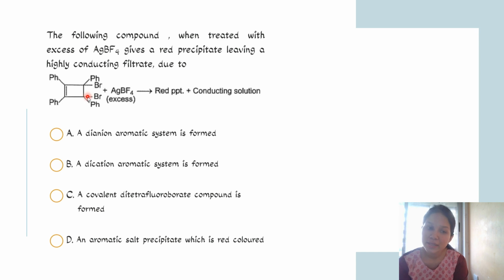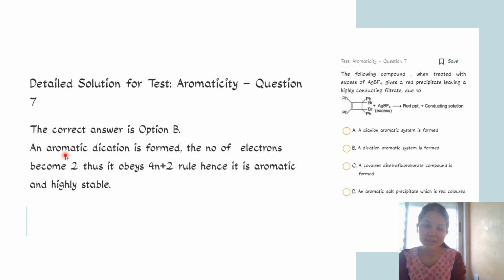Due to the electronic pair repulsions, this dianionic species formation is not possible. Anyway, in the process when we were generating the dicationic species, after eliminating the bromine as Br minus, we were getting an aromatic system. So for this particular question, option B will be the correct answer, where you are getting the dicationic species,